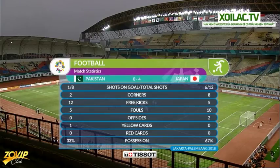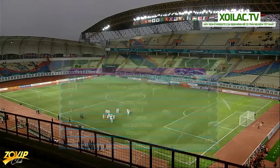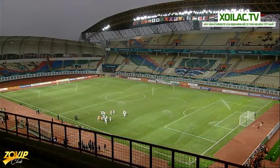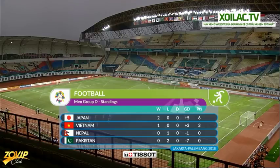And the stats there really say it all. 67% possession to Japan. Just the 1 shot on goal for Pakistan. It was a difficult afternoon for Pakistan. Conceded 3 very, very early goals, but give credit to them, second half they dug in, kept a clean sheet, but I thought Japan's finishing was absolutely clinical and really put themselves in a prime position. Yeah, plus 5 goal difference, that might be important if they're to